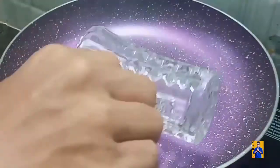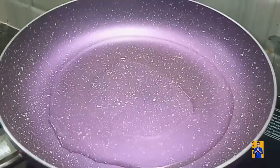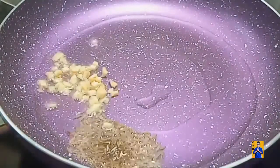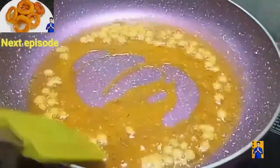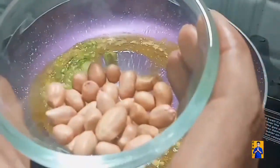Take a pan, add required amount of oil. Once oil get heated, add cumin seeds, chopped ginger and turmeric powder. Give a quick mix. Now add finely chopped green chilies, peanuts,